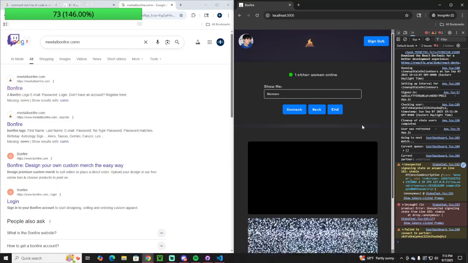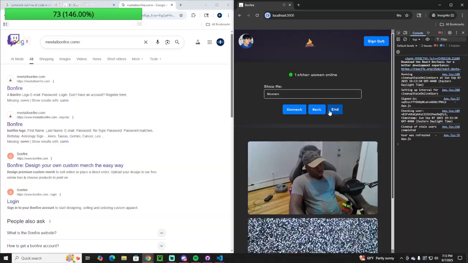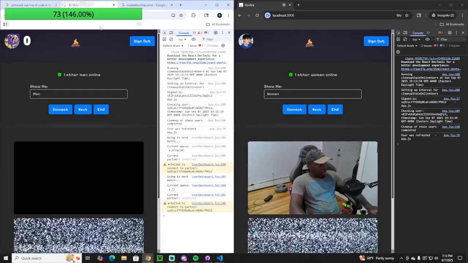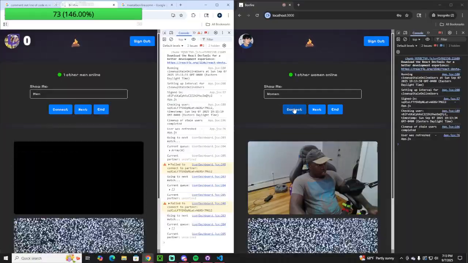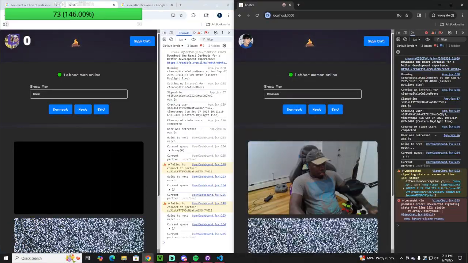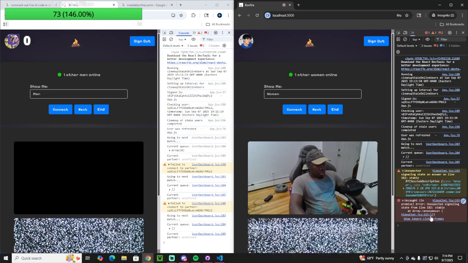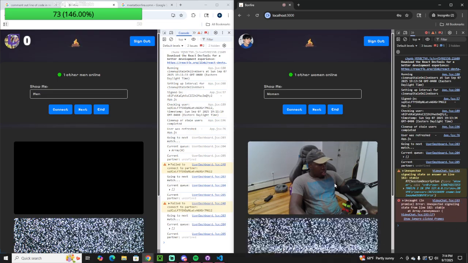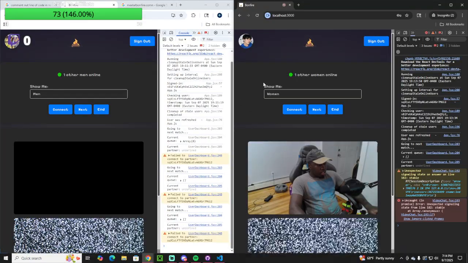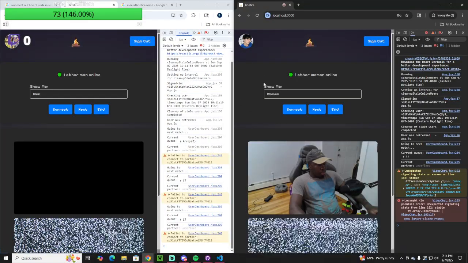But at the same time, if I do Control Shift R, I'm still getting the same error, right? So let's connect. It's still throwing the same error. That's the problem. So what we do here is I think we just put it out to the open web,